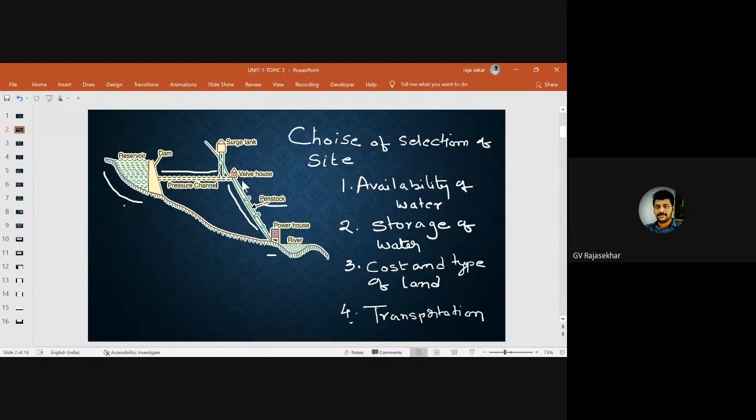Next one is the valve house, and next one is the surge tank. What the functions of these three are, we are going to learn in the next slides. So this is the schematic diagram where water is stored in this reservoir, and that water is sent to the powerhouse through penstocks, and the remaining water after rotating the turbine is collected in the canals or rivers where the powerhouse is situated.